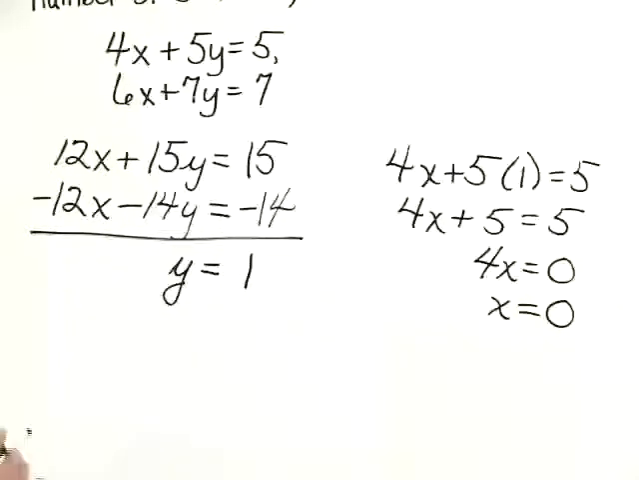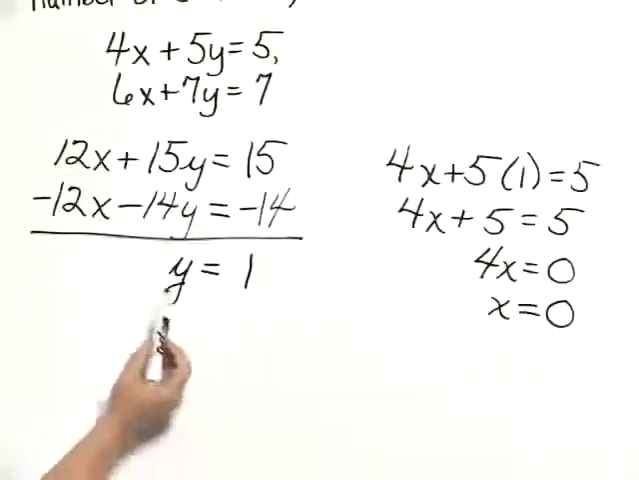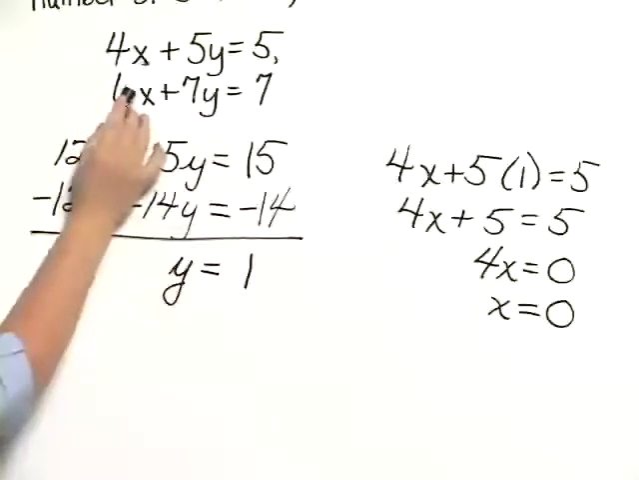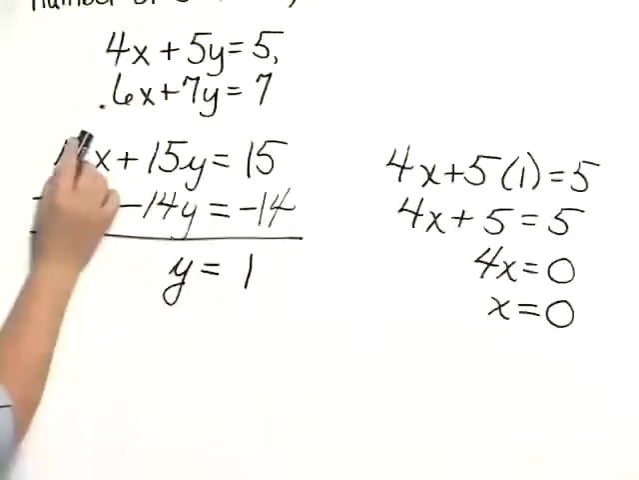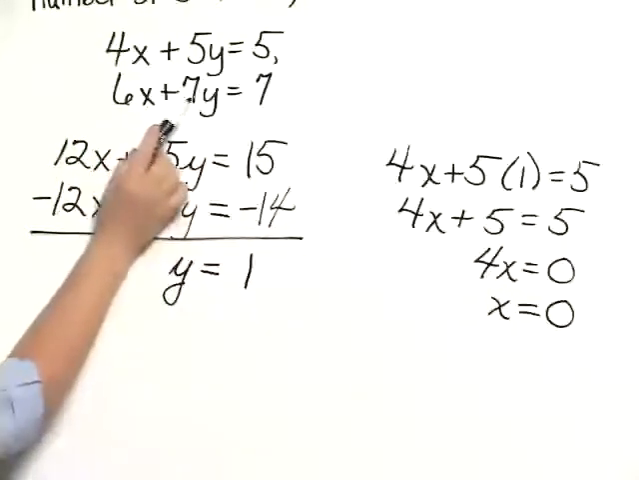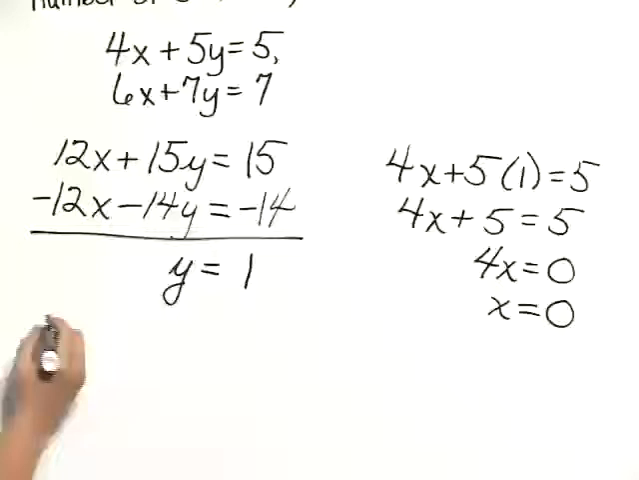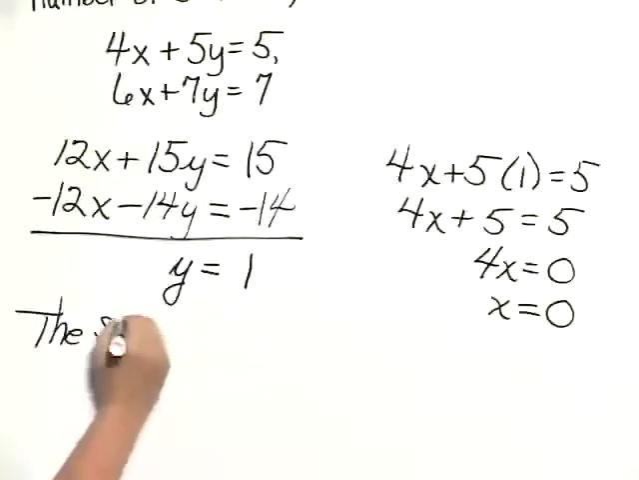Before I write my answer, though, I'm going to check to make sure I haven't made any mistakes. I substitute 0 for x, and 1 for y in both equations. 4 times 0 is 0. 0 plus 5 times 1 would be 5. In the second equation, 6 times 0 is 0. 0 plus 7 times 1 would be 7. So that ordered pair checks in both equations, so I can state that the solution is,